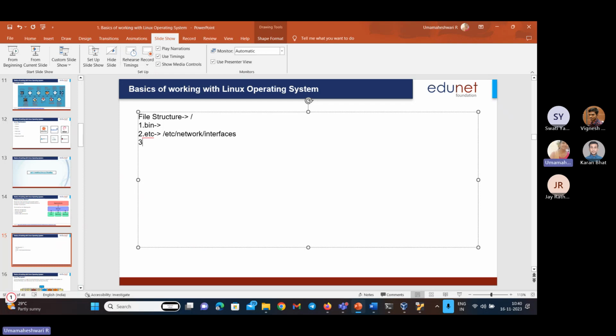And the next one is home. Home is where we can get the details of an individual user's information that is stored. We can fetch those details. And then